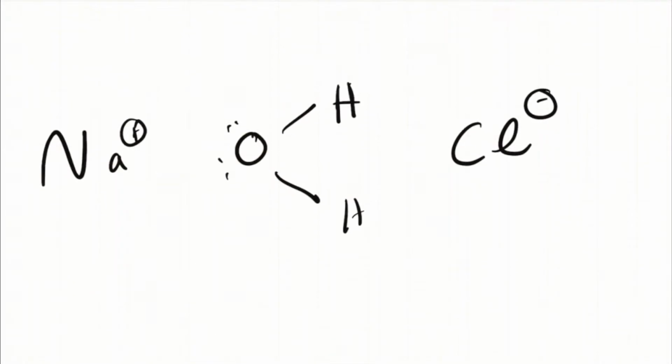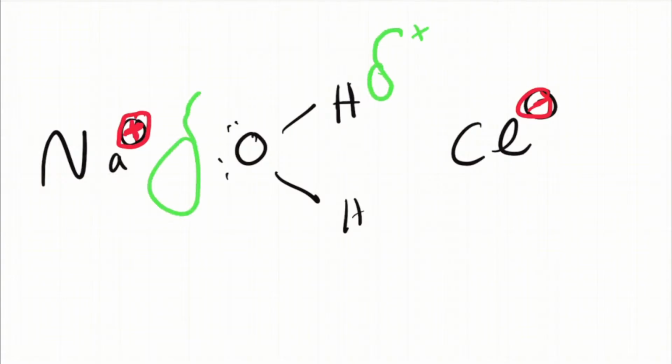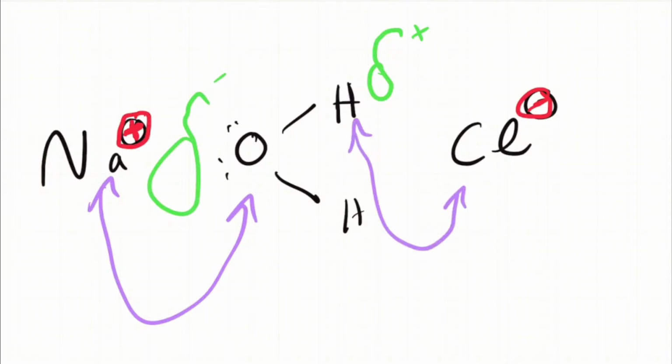What I want to point out to you is we don't have partial charges. We have a full positive charge on the sodium cation when it dissolves, and we have a full negative charge on chlorine, and the hydrogen still has its large partial positive and its large partial negative. But we can now think about these interactions as even bigger. We have a full charge interacting with a partial negative. We have a full negative interacting with a full positive.